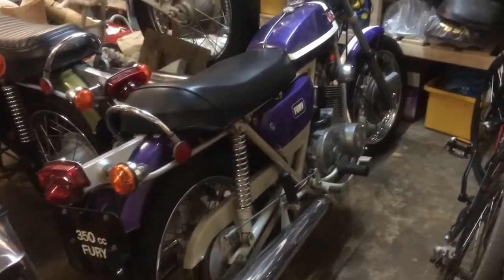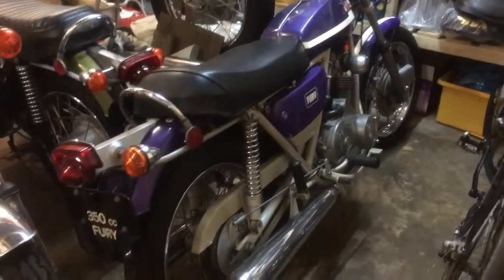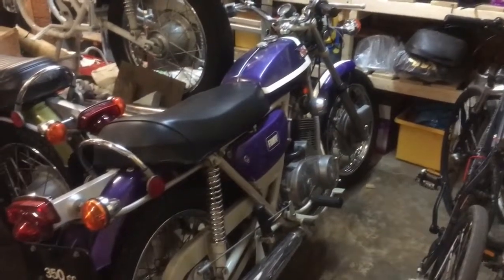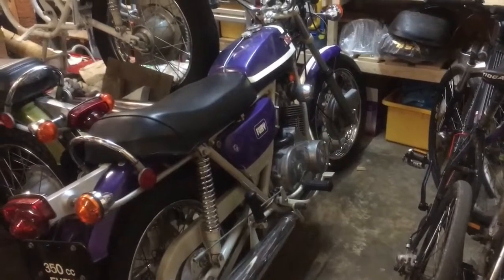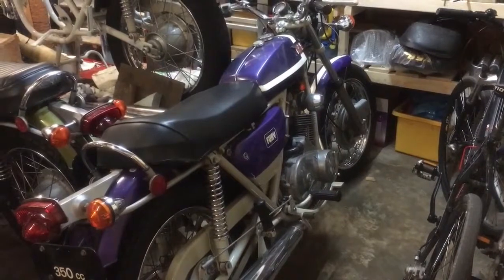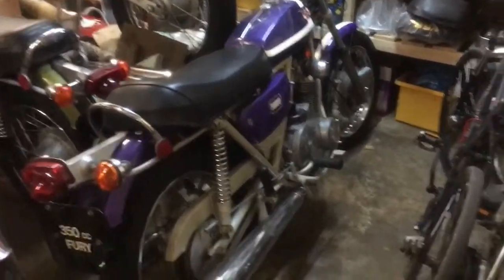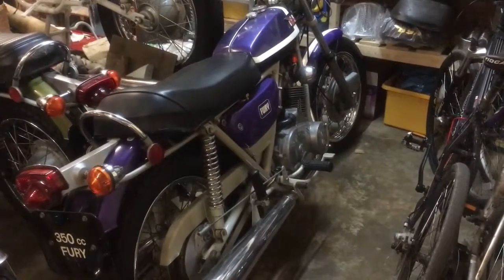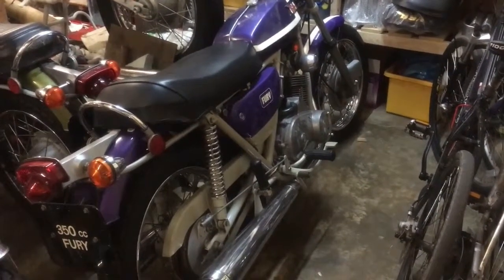Primary drive isn't too much of a problem because it's common with the B25 of that year as well, so that's easy enough. But the rest of it obviously is unique to the Fury. But in line with a couple of other people interested in these bikes over a period of time, the intent was to try and scour the earth through various contacts to see if